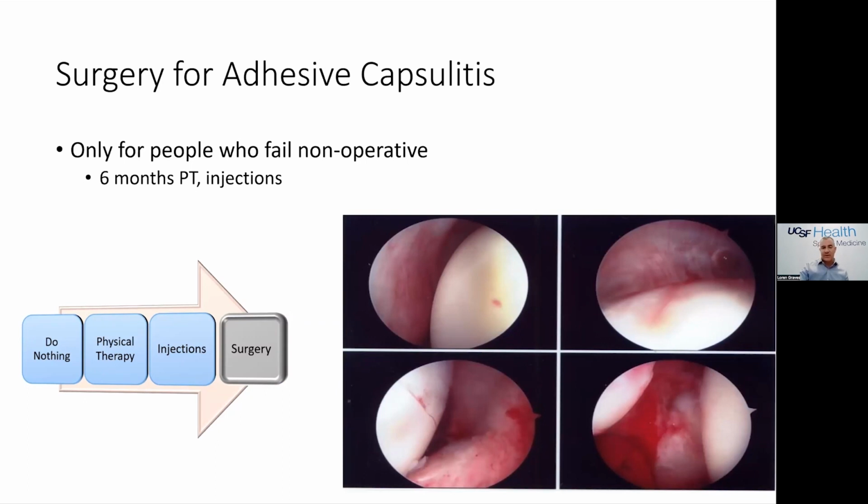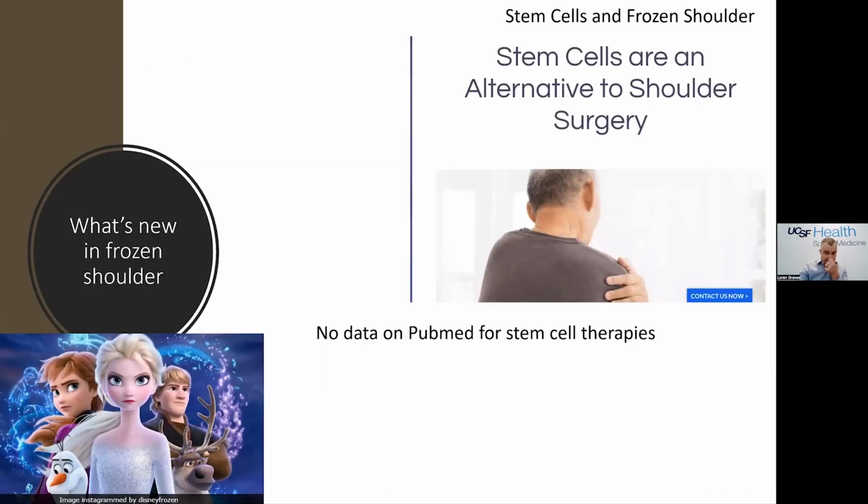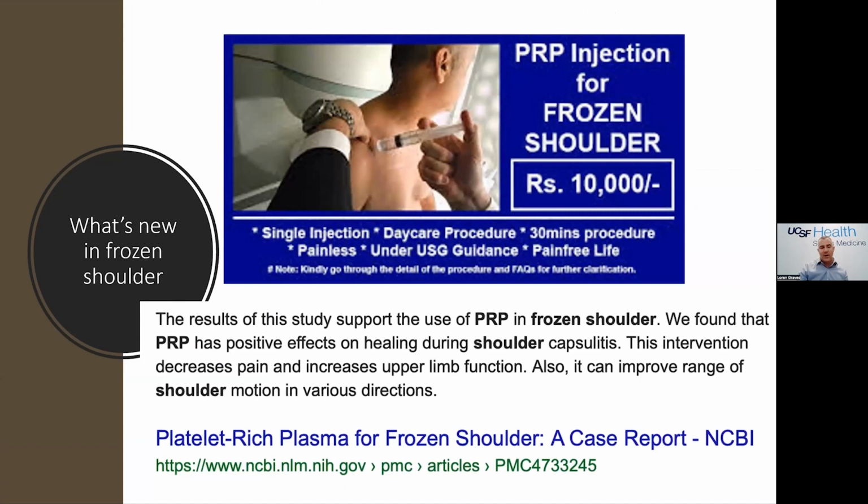Anytime I tell patients they don't need surgery for this, they're usually really relieved, because the idea of operating on an irritated shoulder only makes patients feel like it's going to get worse. There is no advantage to doing anything like stem cells or PRP at this point, but we are considering starting a study to see if there is value in certain types of PRP,